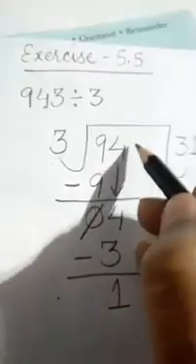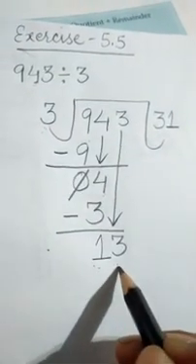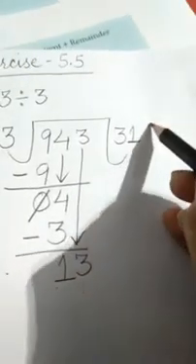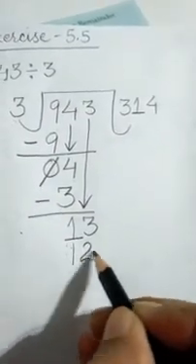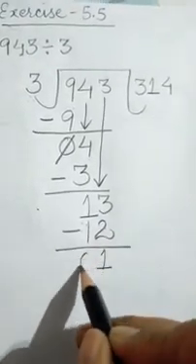Now next digit is 3. Yes, now we will bring it downside. Here is 3. Now it has become 13. Now we will see the table of 3. Yes, under 13 0 can be written. Yes, 3 can be written. 6 can be written. 9 can be written. 12 can be written. 15 cannot be written under 13. So here what we will write now? We will write 12. See here how we will write 3 4s the 12. After that we will do subtraction. 3 minus 2, 1 will be there. 1 minus 1, 0 will be there.